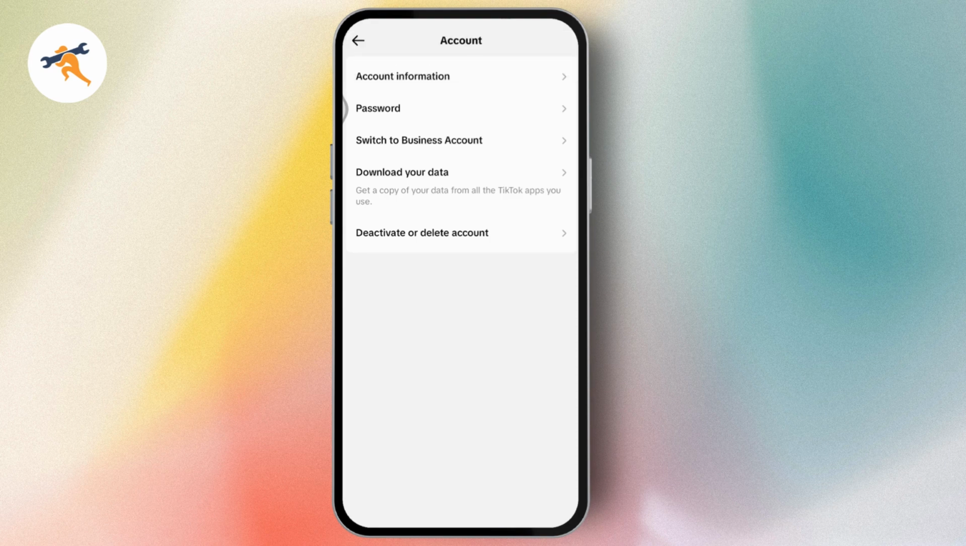So simply tap on passkey and then tap on setup, which is on the bottom of your screen, and then tap on continue, which is again on the bottom right, and then you can tap on use screen lock, and you need to enter your fingerprint or your face lock or any screen lock that you are comfortable with, and that's it. That's how you can set up a passkey for an easier